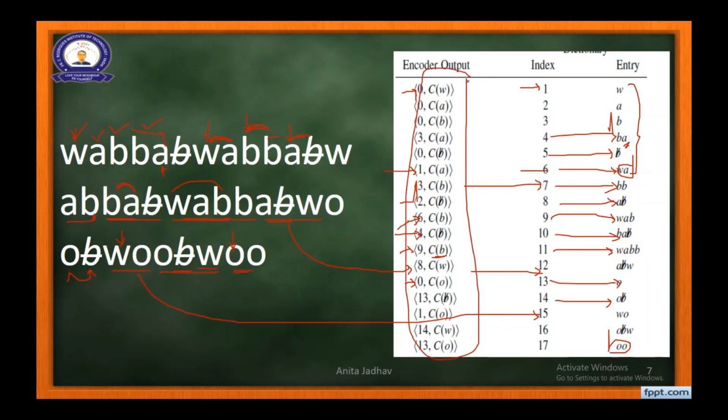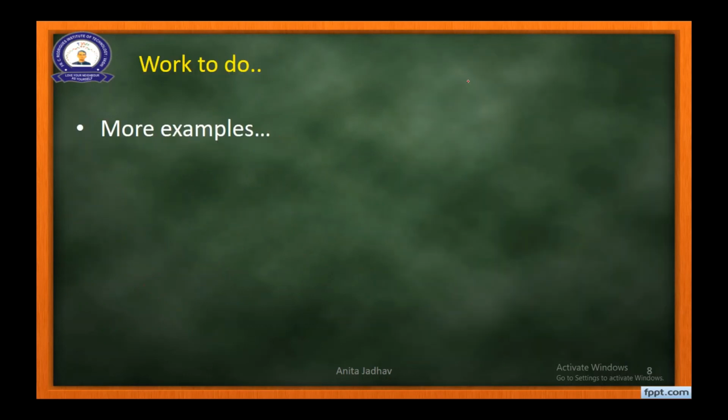These are the tokens which are sent to the receiver, and with the help of these tokens, the receiver will be reconstructing this dictionary. So this process has to go simultaneously. So I hope this procedure is clear to you, because once you understood the encoding, decoding is a very easy job to do. So I hope LZ77 as well as LZ78 techniques are clear to you. What you have to do, I don't have to say it again. Solve more examples of these things.